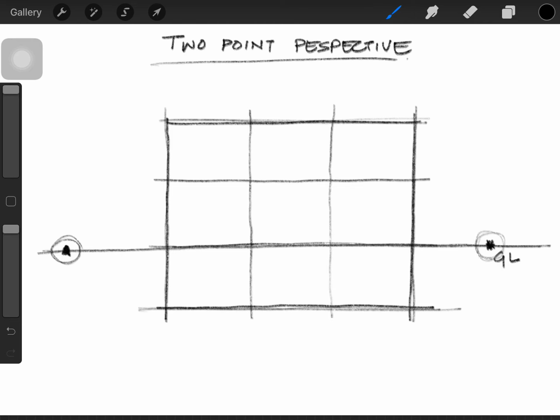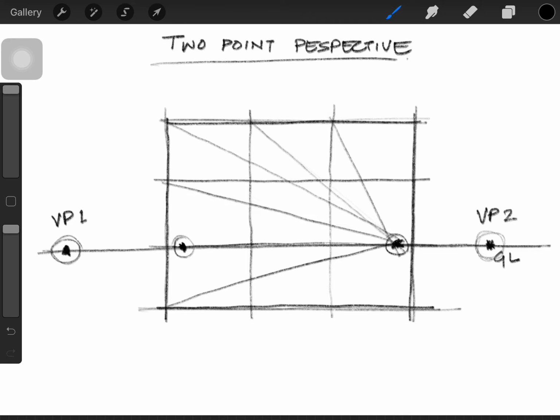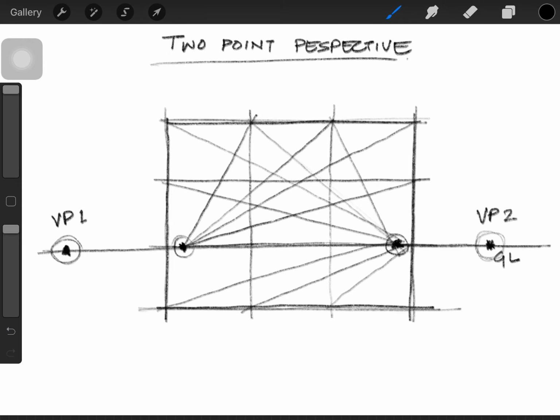Now normally you can ask why can't we put the vanishing points in between the sheet itself. So I'm gonna show you what happens if we do that. So let's say we take the two vanishing points inside the boundary of the sheet. Now the same way you're gonna extend radial lines from the grid lines inclined towards both the vanishing points. So now you can see, I have an array of inclined lines from both the vanishing points.